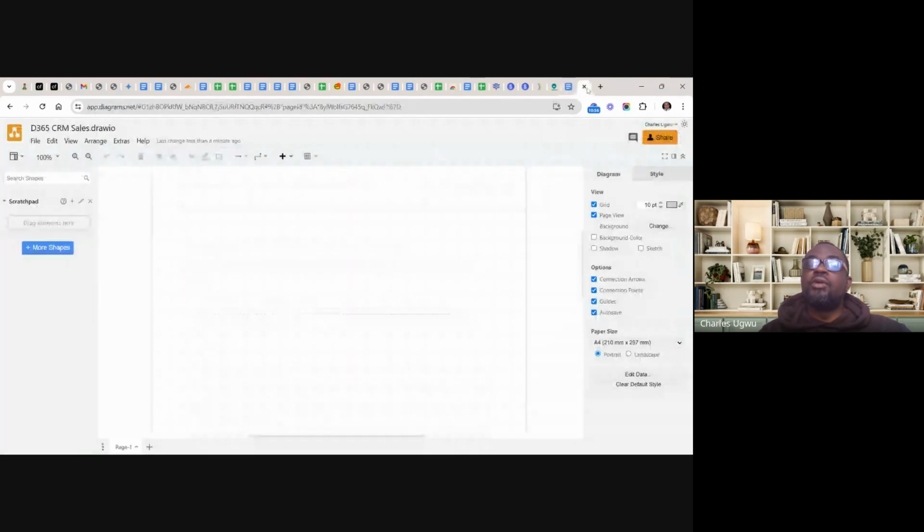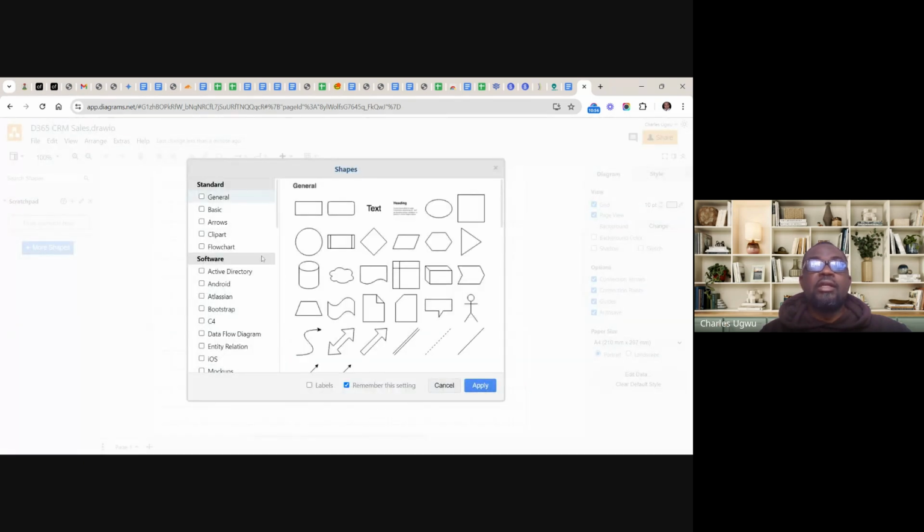The first thing we need to do is get the symbols or shapes we are going to use, and we're going to get them from here. If you click here, it's going to open up, and we select the kind of shapes we want to use. We select general, we select arrow,